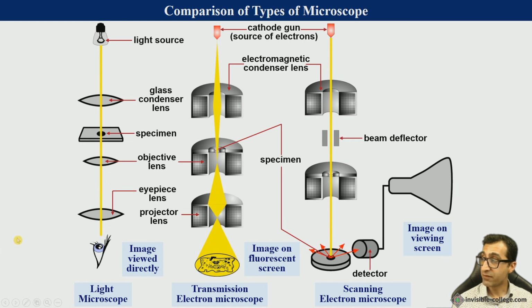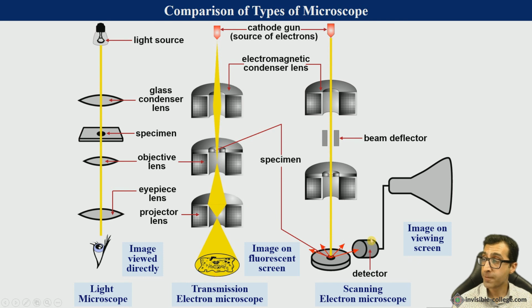Now, in terms of the viewing of the image, the light microscope makes use of direct image viewing via the eyepiece lens. The transmission electron microscope, the image is produced by focusing the beam of electrons that is passed through the specimen onto a phosphorescent stage, which then produces an image which can be viewed directly